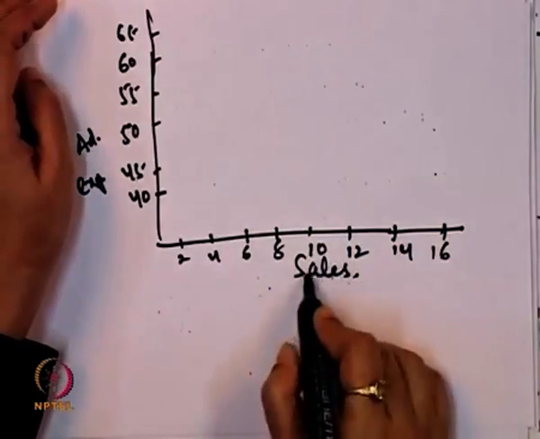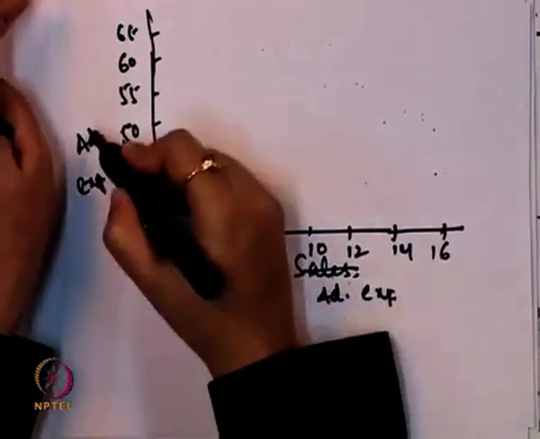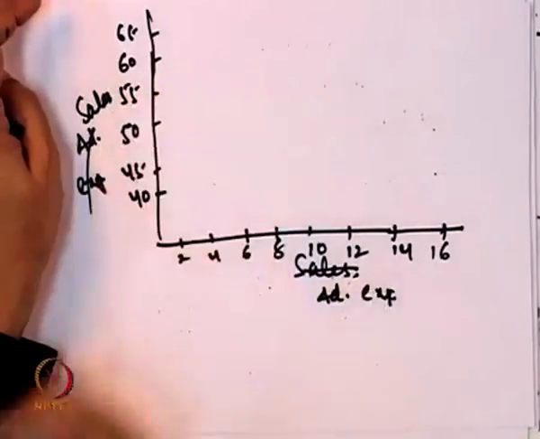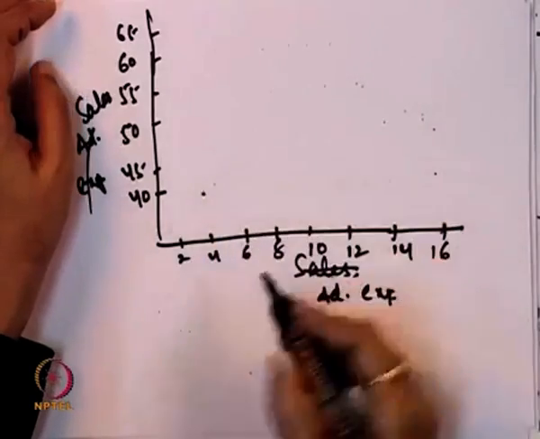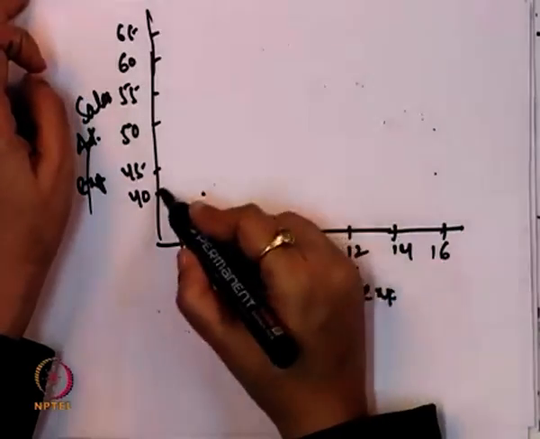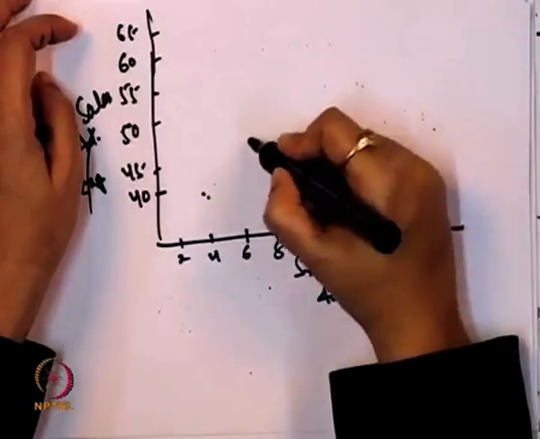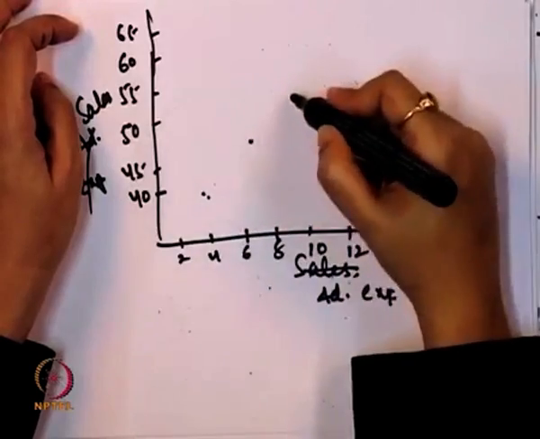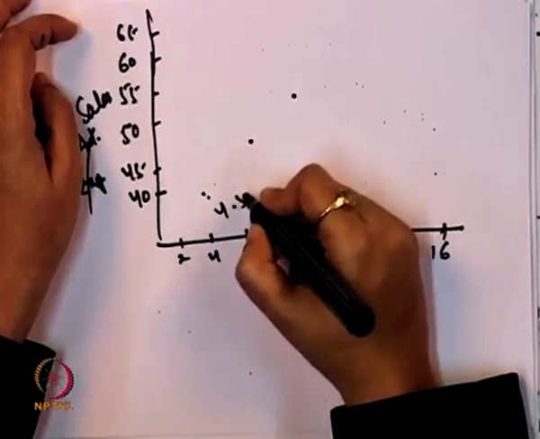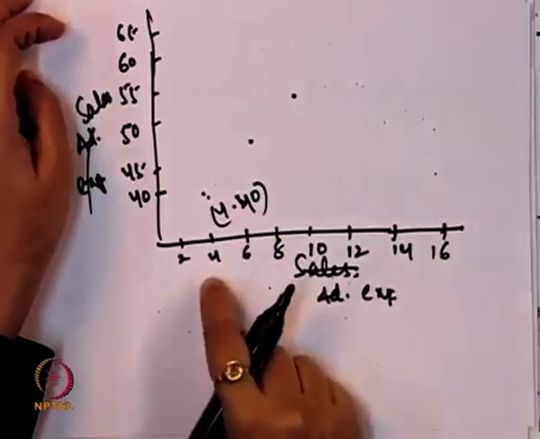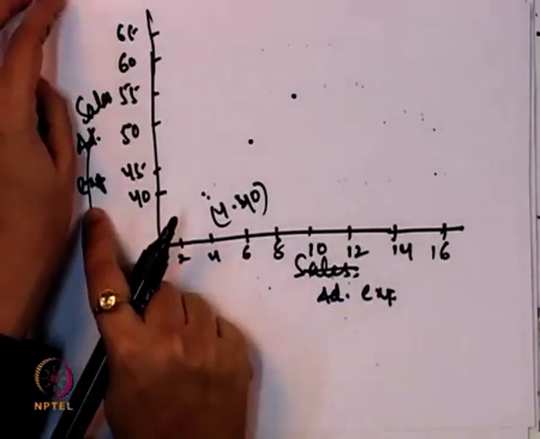There is a small change over here, maybe we are taking the ad expenditure over here and we are taking the sales over here. So if you can plot it, then maybe this is a point where the advertisement expenditure is 4 and the sales is 40. Similarly, maybe we are taking 1 point here, that is 8 and 50, 1 point over here, that is 10 and 55. So if you look at, each point gives us a combination between the advertisement expenditure and the sales.